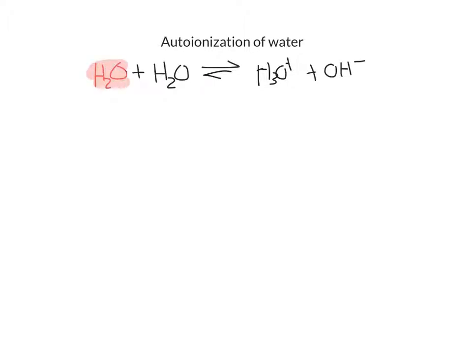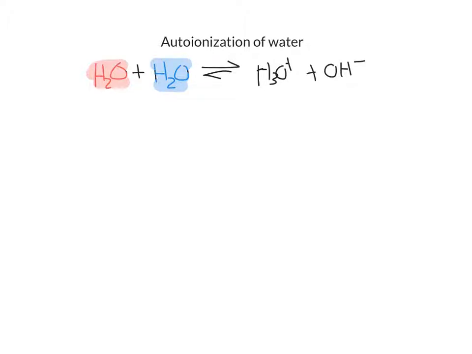Let's use our understanding of acid-base chemistry to investigate what happens in pure water. Two water molecules can react with each other and produce H3O plus and OH minus. So in this case, one of the water molecules is acting as an acid and the other water molecule is